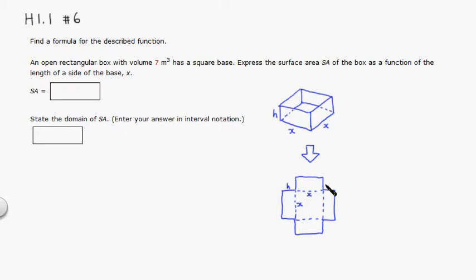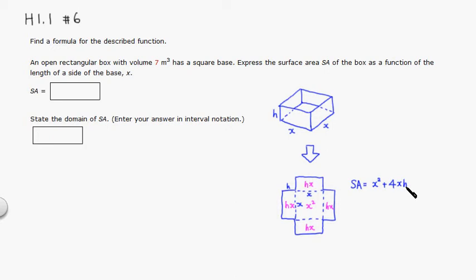This is fairly easy, right? Because all the walls are identical, so each is just h times x. So I'm going to say hx, and here is hx, and of course h times x there. The base is obviously x by x, so x squared. So the surface area, SA, is going to be x squared, that's the base, plus 4 of these walls, so 4 times